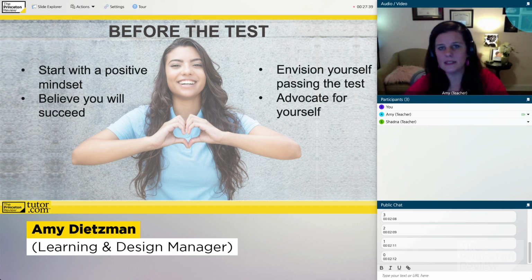And that means that you talk to your teacher and ask what you need to know for the test and what you could do better in terms of studying. Share your strategies with your teacher. Tell your teacher what you've actually been doing and then ask what you could do better. It's quite possible also that your teacher is going to give you a really good tip, like all the information